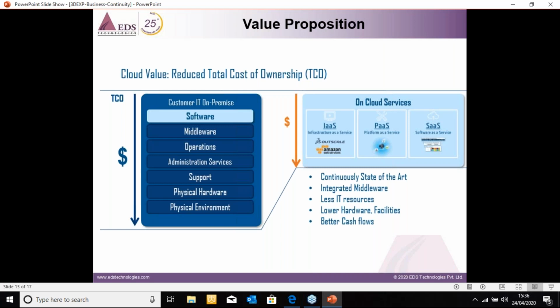So as compared to the on-premise setup on the left-hand side, the total cost of ownership in terms of your on-premise setup versus my setup on the right-hand side, which is a cloud-based application, all available for you to look at. So the total cost of ownership is highly negligible, or maybe I can say the total cost of ownership is very, very less. The only investment that I see is the subscription based licenses that you may have to buy to access these applications.